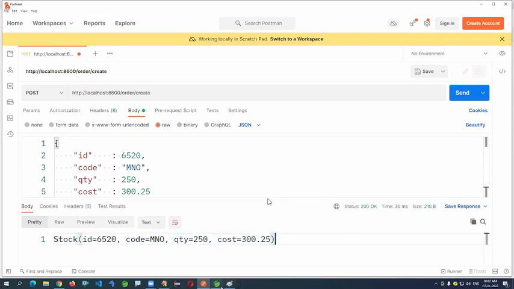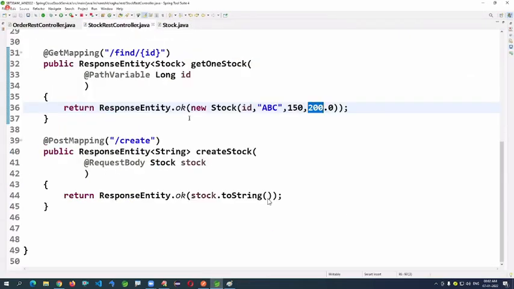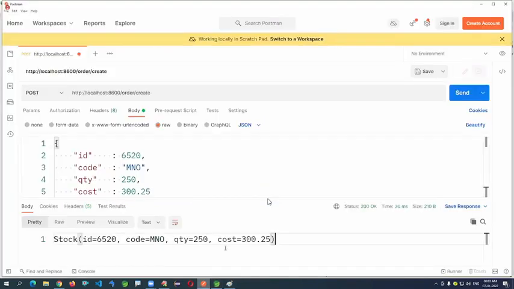I'm not doing anything, just calling the toString method here, returning the same data. If you want some modified data to return, that's fine.